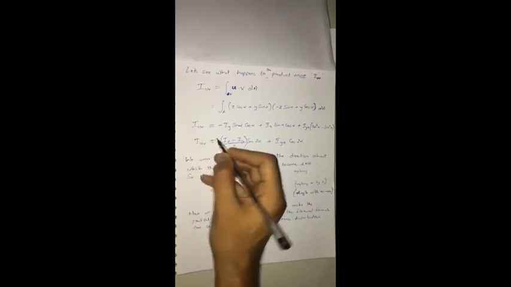Now let's see what happens to the product moment of inertia, that is Iuv. What will be the Iuv? It will again be the multiplication of u into v into dA over the area A. We'll put the values of u and v, and by solving with the help of trigonometry, we arrive at this equation that Iuv will be equal to Iz minus Iy by 2 sin 2 alpha plus Iyz cos 2 alpha. This is the equation of product moment of inertia.